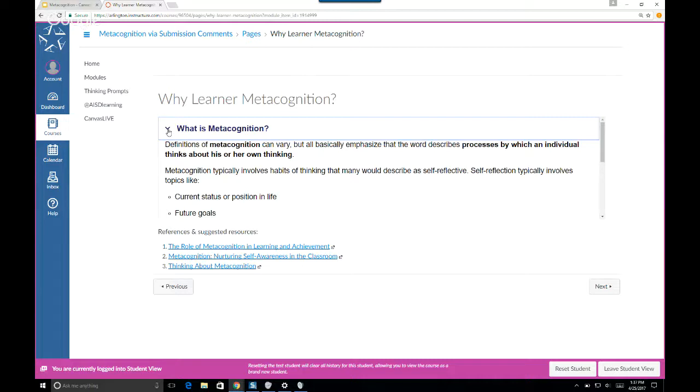But metacognition, as Stephanie suggested, is this idea of thinking about thinking. And if you think about that, no pun intended, it's critical to think about how we can begin to develop at the earliest grades, up through the middle grades, into high school and college, an individual's ability to think about their thinking processes.